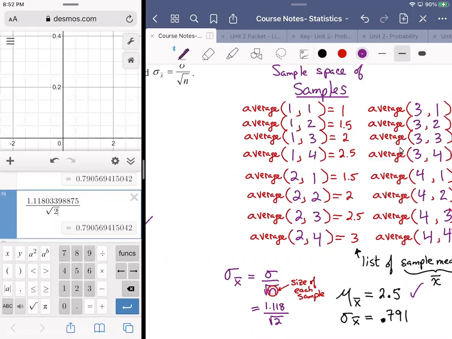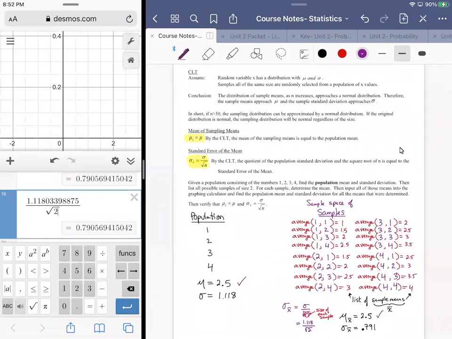So what that tells me is that we don't need to do this whole process of listing out all the samples, finding the average of each sample, then finding the mean and standard deviation of all those averages in order to determine what the mean and standard deviation ought to be for a sampling distribution, right? So all we need to know is that mu sub x bar is going to be equal to mu, and sigma sub x bar is going to be equal to sigma over the square root of n, right? Now, some of the benefits